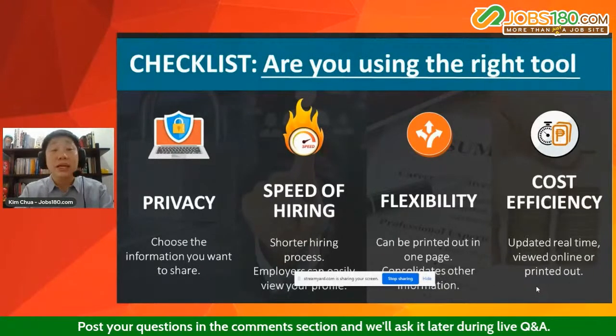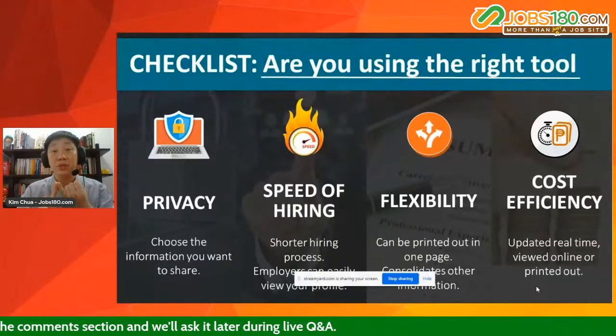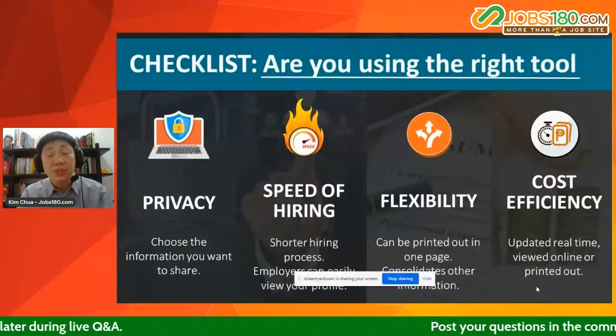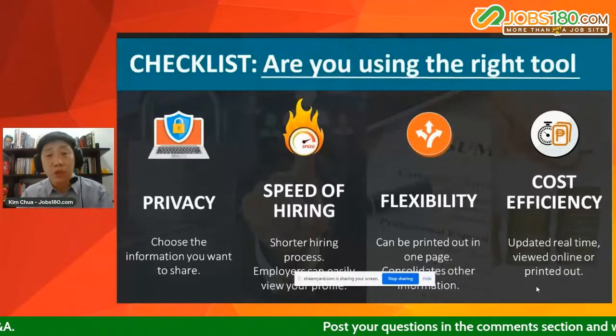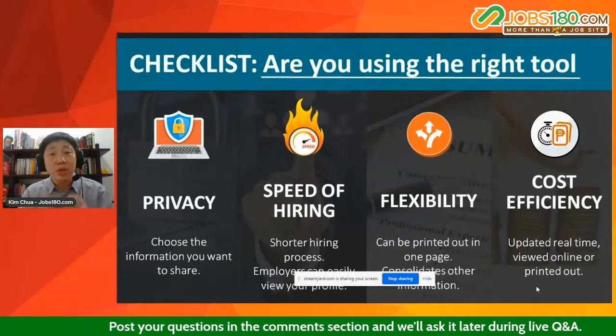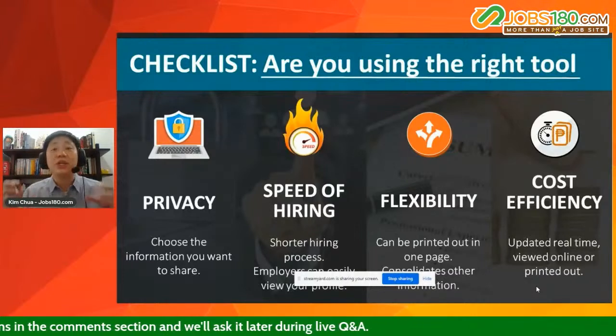It already addresses the following. Number 1, security ng information mo. I hope by this time, you have peace of mind. Ito na ang pinaka-secured na information because you have the ultimate control over your privacy setting. Pangalawa, the speed of hire becomes faster. It becomes more efficient because whatever you need, whatever the HR needs, you can already put it inside the resume